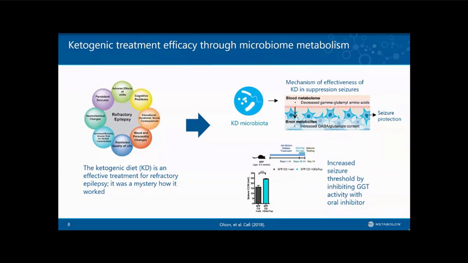And in fact, this is the basis of a current treatment option to inhibit gamma-glutamyl amino acids because it's an enzyme. It represents a drug target. So through metabolic profiling, this is the identification of a pathway and a drug target that have proven effective for the treatment of refractory epilepsy.